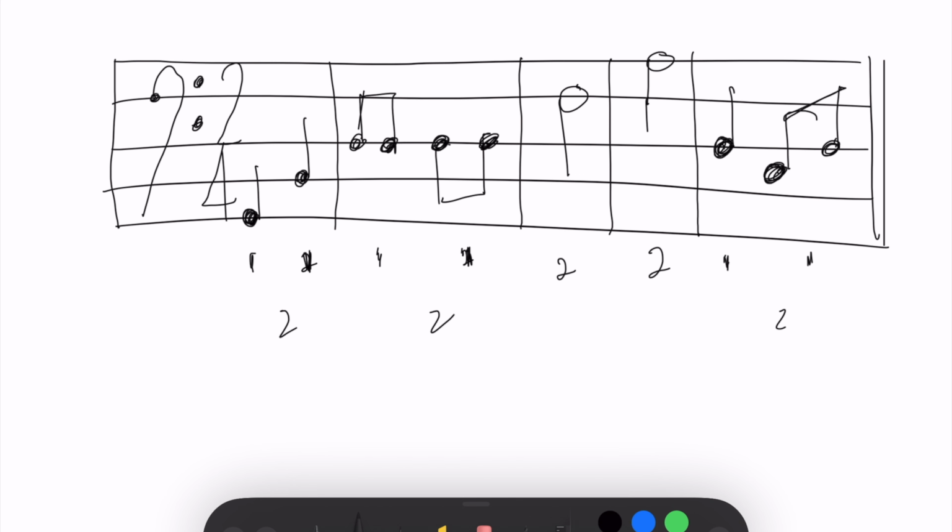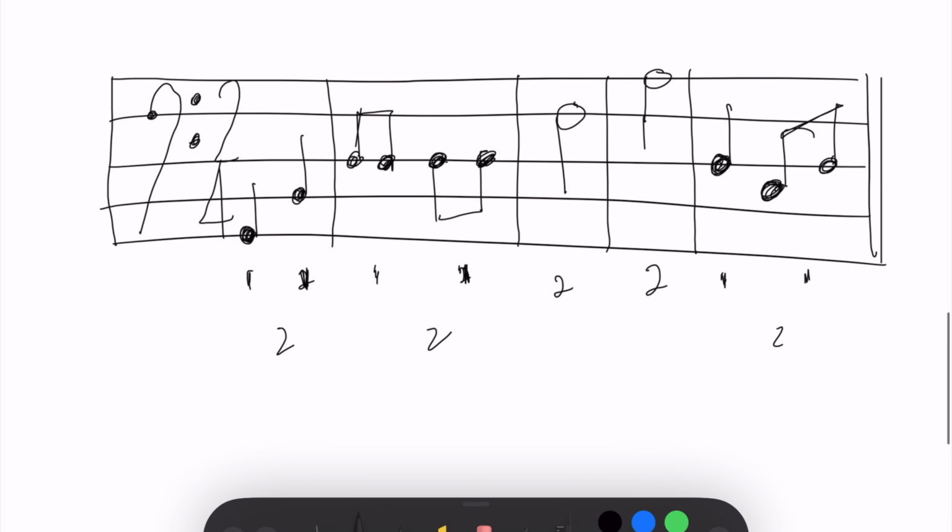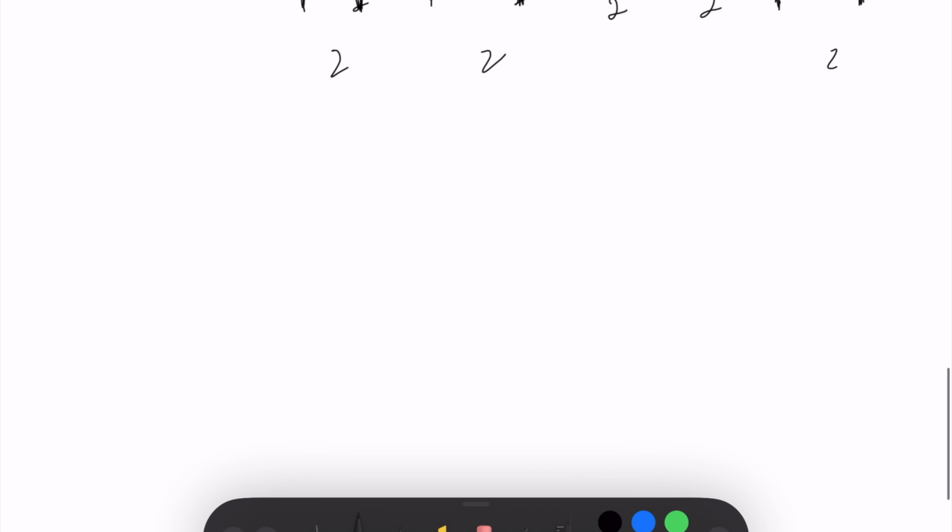Now let us group quavers in simple time. We already did something like this here. As you can see, we grouped the quavers here, we grouped them here as well, and each quaver corresponds to the equal number of beats. Also, don't forget that the rest signs of each of these notes carry the same number of beats. For example,